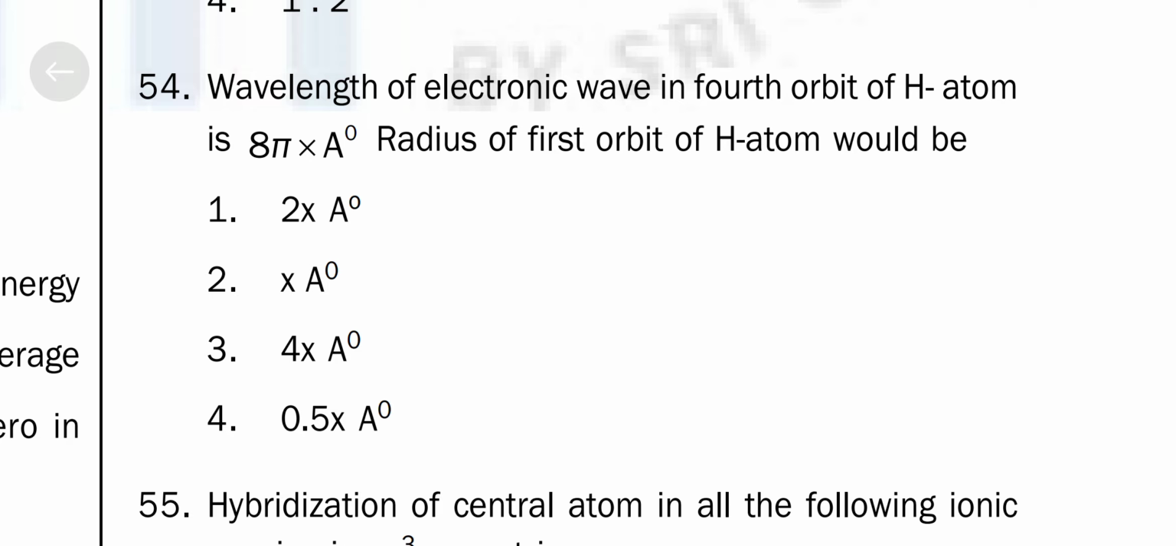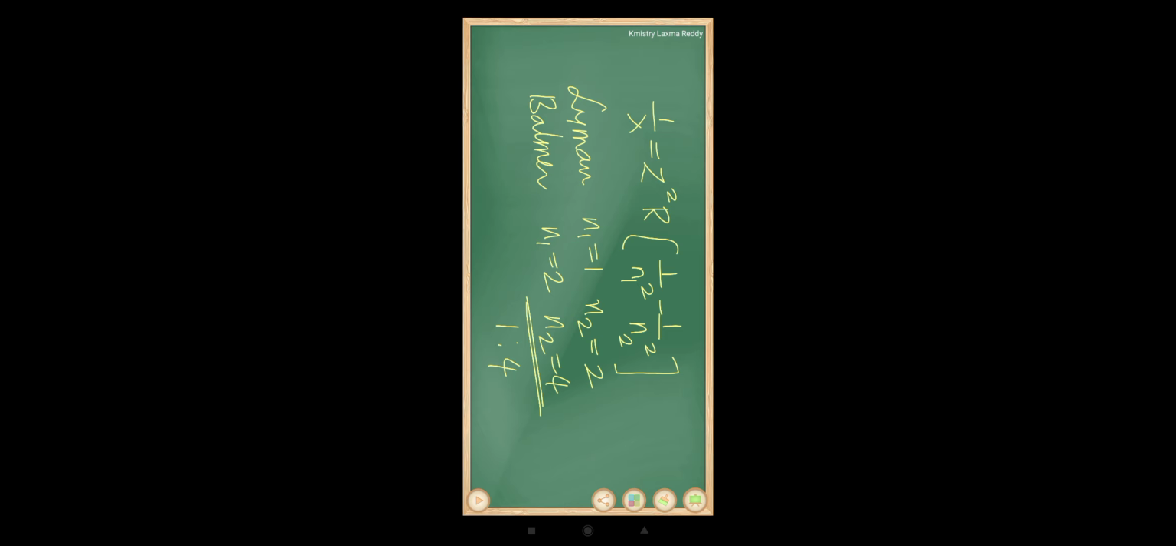Wavelength of electronic wave in fourth orbit of hydrogen atom is 8 pi x angstrom. Radius of first orbit of hydrogen atom would be. It's again an interesting question. See, the de Broglie expression is 2 pi r is equal to n lambda. So for the fourth orbit, radius is equal to n lambda by 2 pi. That expression will become 4 into 8 pi x by 2 pi. So R4 is nothing but